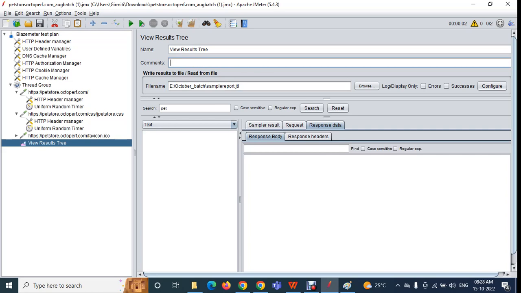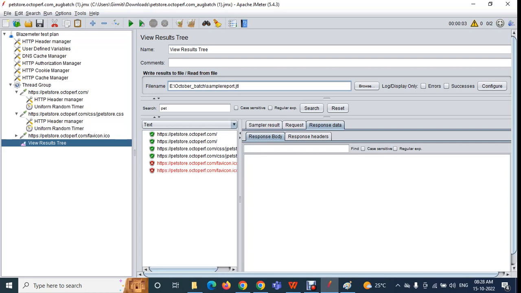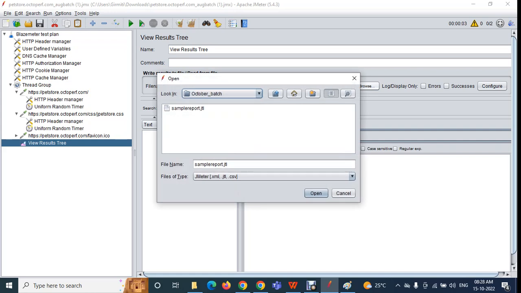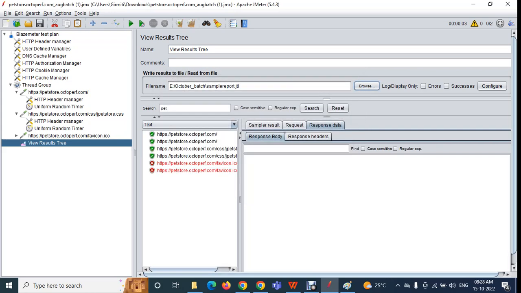Okay, I have given the file name and then I need to go and click on the play button, right? So now the test is executing, and whatever logs we are getting here can be saved in this particular file. Okay, now I have cleared it, look. The data has been cleared from here, right? So I am removing this particular JTL from here too. Okay, I will bring back the information that was executed earlier. Click on the browse, click on this JTL and click on open. You can see that information. So without executing, you can get it, right?